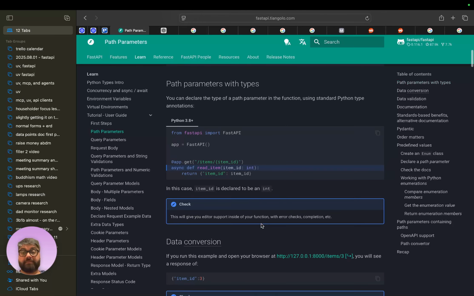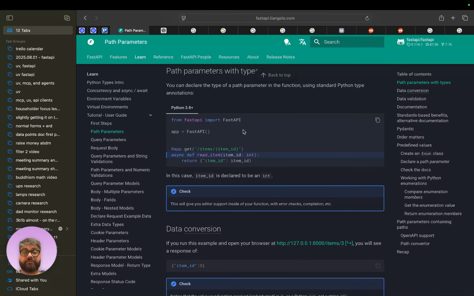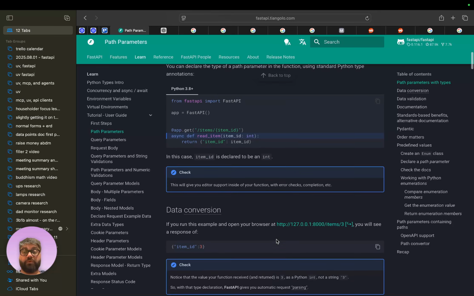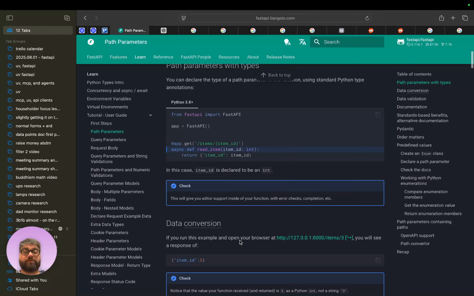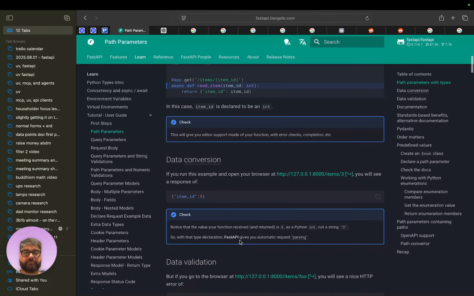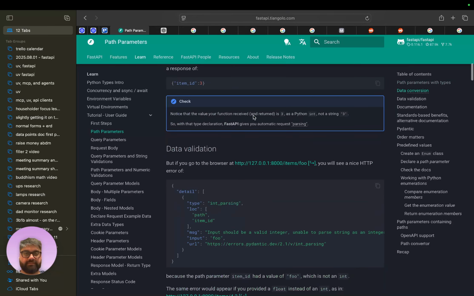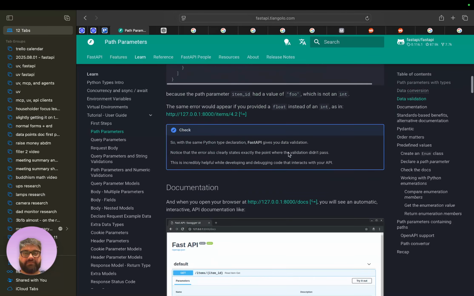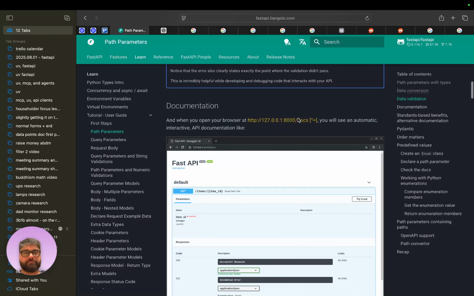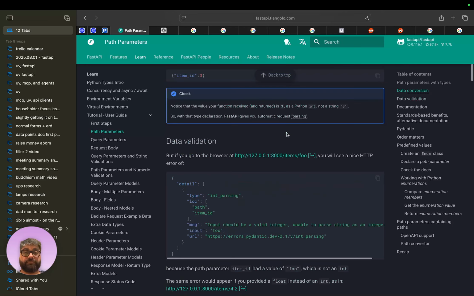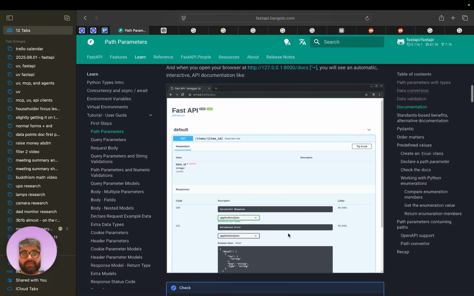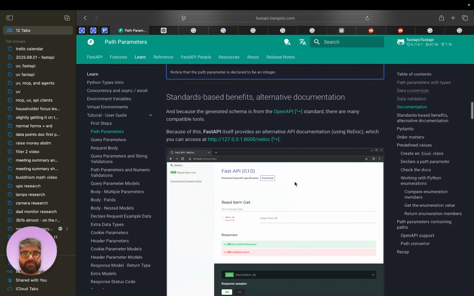The good thing about FastAPI is it's fairly robust with these kinds of errors and describes them really well. So whoever is calling it has an easy way to be like, oh, that's where I messed up, right? And that's essentially what this little piece about data validation is saying. Also, when you do this, it adds it to the interactive API documentation to basically take that information in when generating the OpenAPI.json, the schema, which powers the interactive API documentation, which is why it pops up in the interactive API documentation as well.